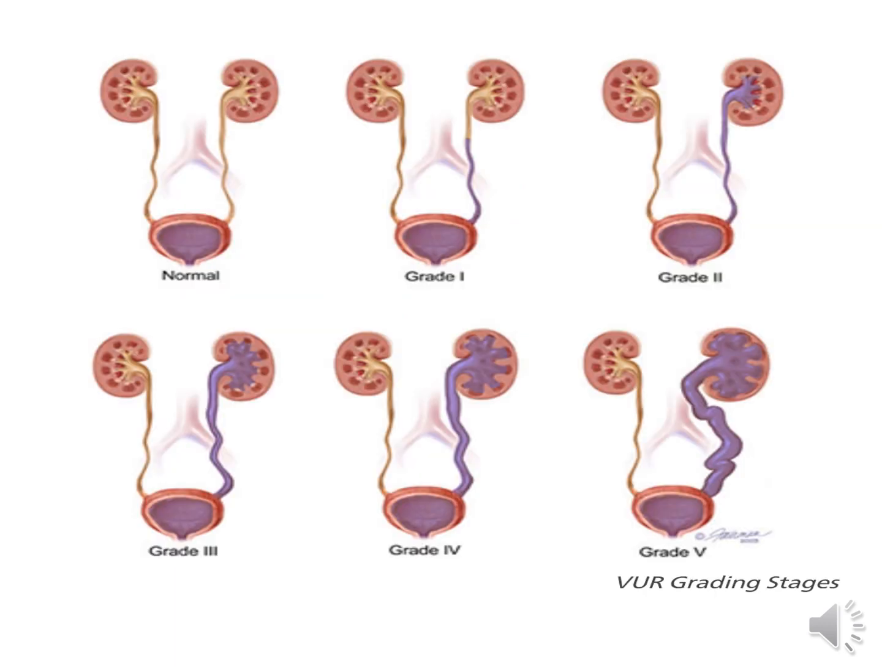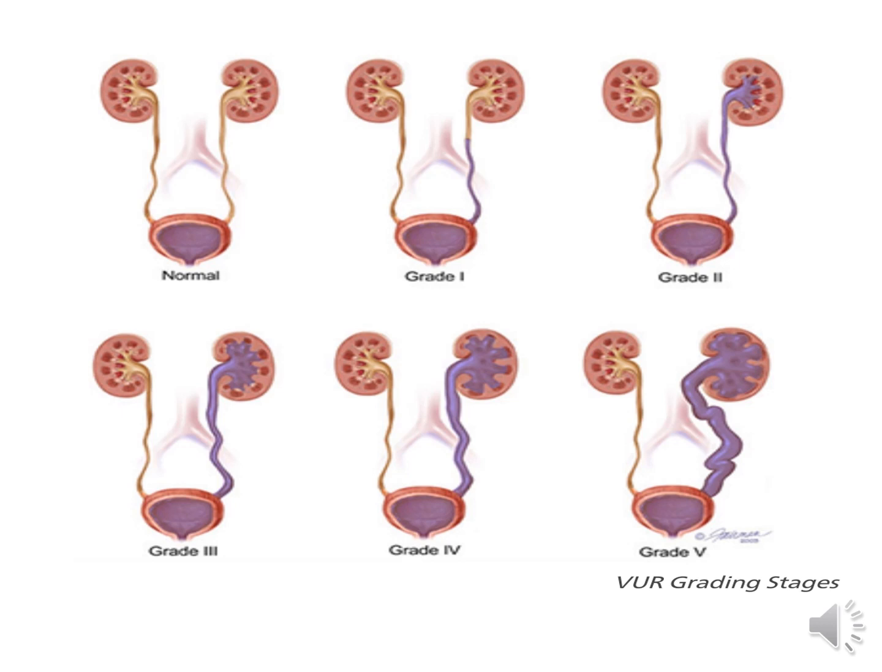This picture shows the different grades of vesico-ureteral reflux. The first image is normal, in which the ureters are normal, there is no reflux. In the second picture, there is grade 1 reflux. In this, the urine is refluxing into the ureter only. In grade 2, there is urine reflux into the ureter and into the renal pelvis also, but there is no distension. In grade 3, there is reflux into the ureter and into the renal pelvis, and there is mild distension